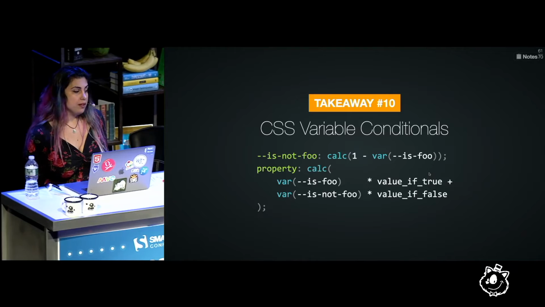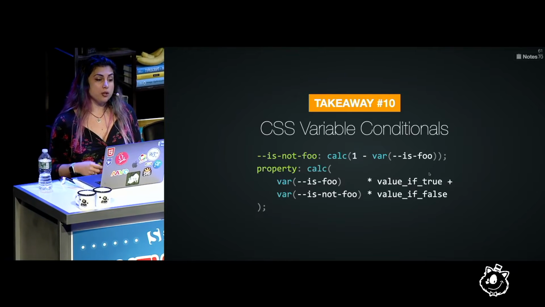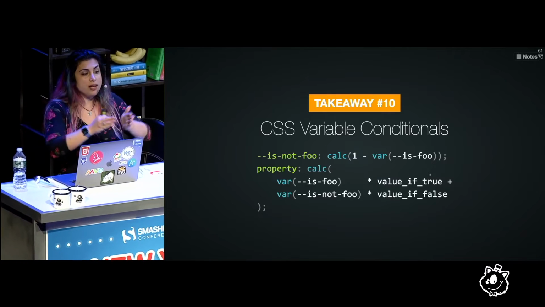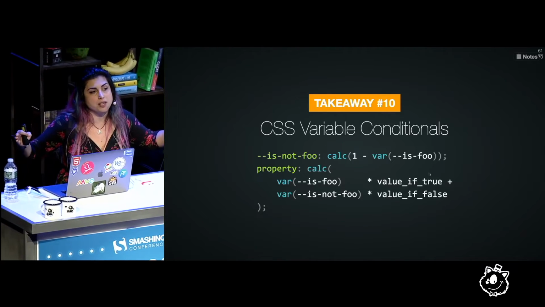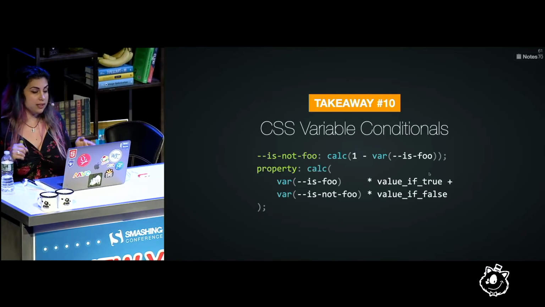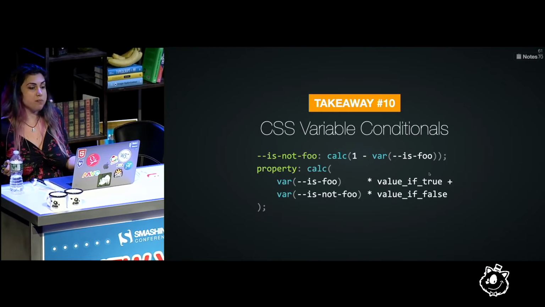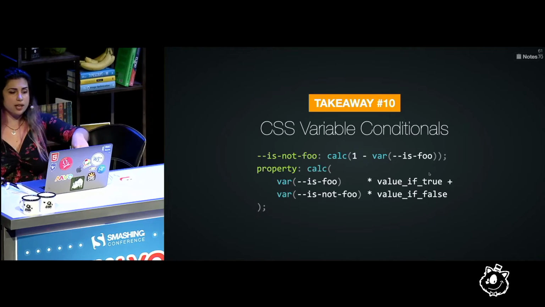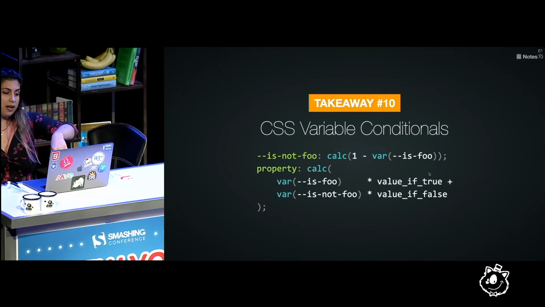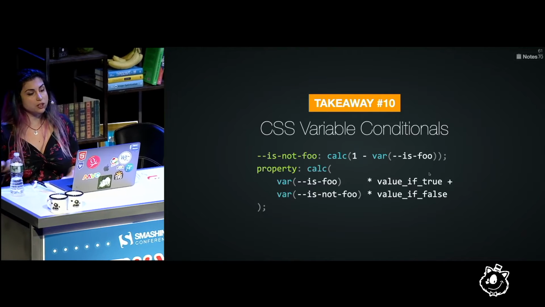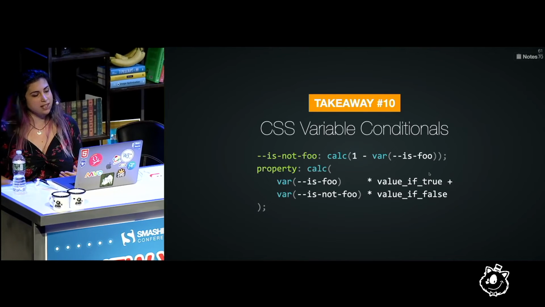And lastly, we can actually use this technique to specify conditionals as well, because you can see conditionals as a special case of a range. We just don't care about any of the values between 0 and 1. But we can still see a conditional as a range mapping operation where all we care about is what number we get with 0 and what number we get with 1. And we can even alias the else case to a different variable. Like we can have an is foo and an is not foo. And then it reads nicely as well.